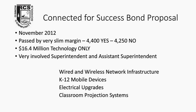In the early part of 2012, shortly after we had made the transition to Google Apps, the district decided to go to the public for a technology bond. They had been unsuccessful in a couple of previous attempts when a bond proposal was combined with, for instance, athletic facilities, or in another case, building a new high school and doing some very major changes with boundary changes and things like that. So what happened in early 2012 was a proposal to the community that was technology only,